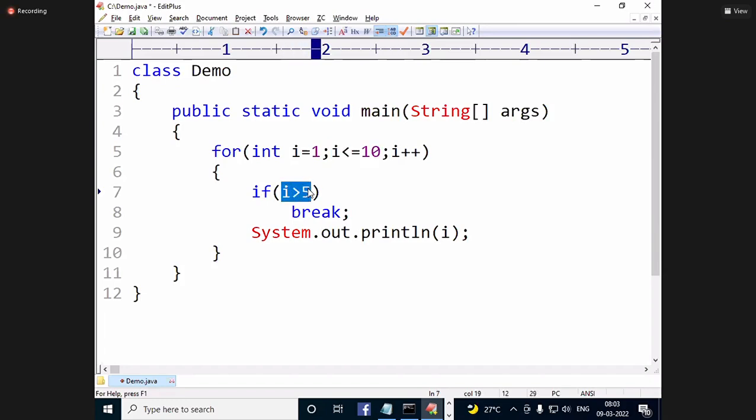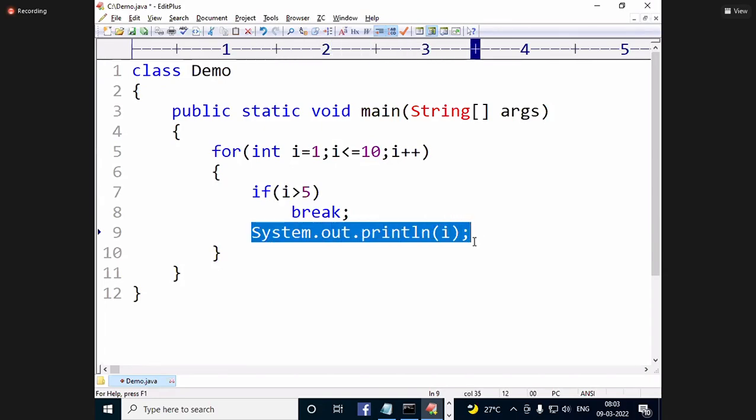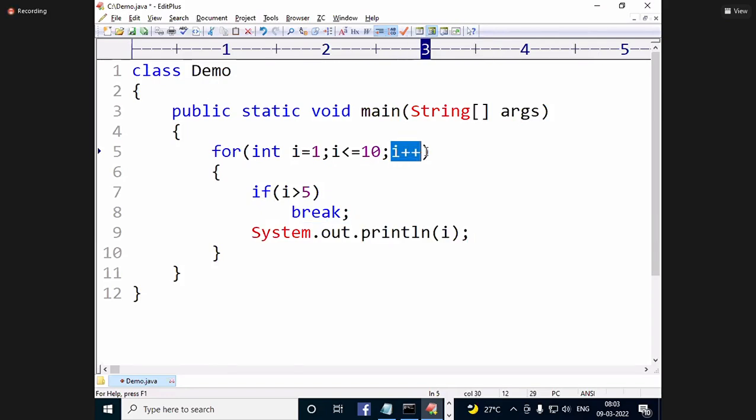1 greater than 5? No. Then 1 is printed, no? 1 is printed. That means "no output" is wrong. After printing 1, i becomes 2. Next, 2 less than or equal to 10, true.